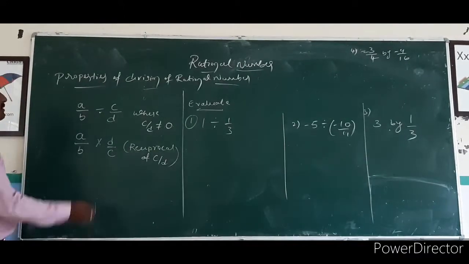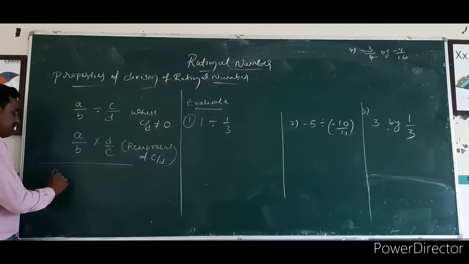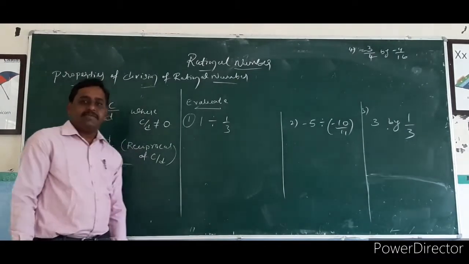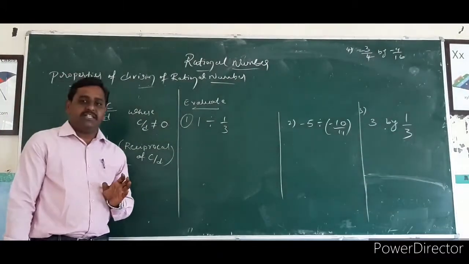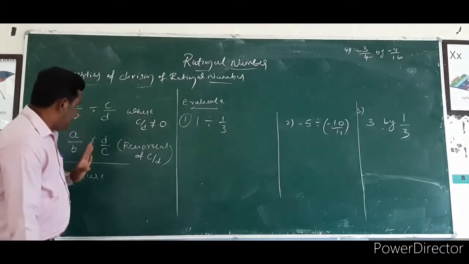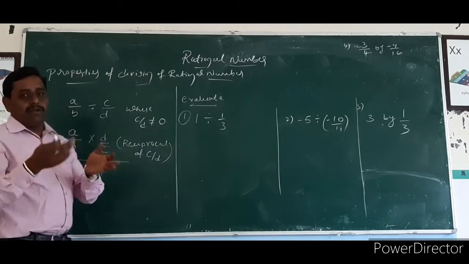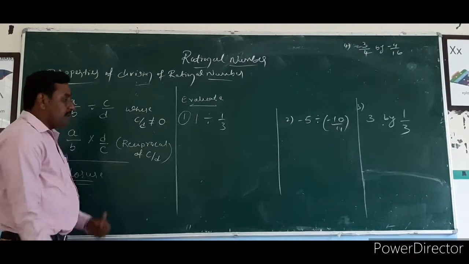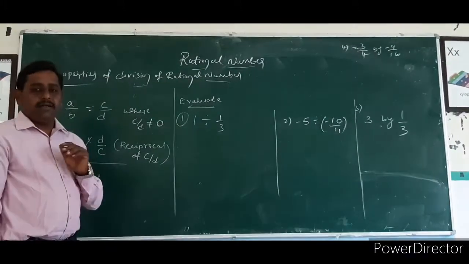Second is properties of division of rational numbers. Which properties are satisfied? Here also, except the closure property, none of the properties are satisfied. Associative does not exist. Commutative is not satisfied. Identity does not exist. Inverse does not exist. So, only the closure property: while dividing two rational numbers, you again get one rational number. So in division, only the closure property is satisfied, the rest are not satisfied.